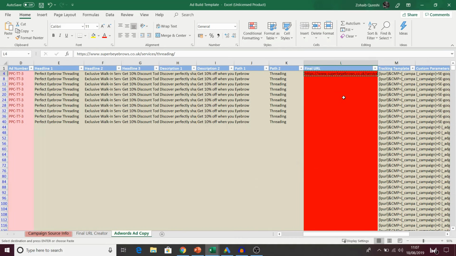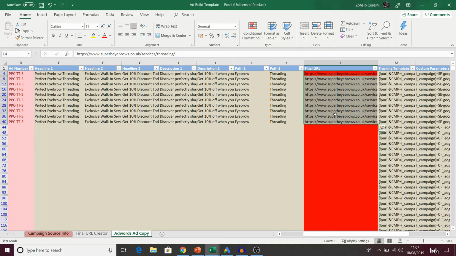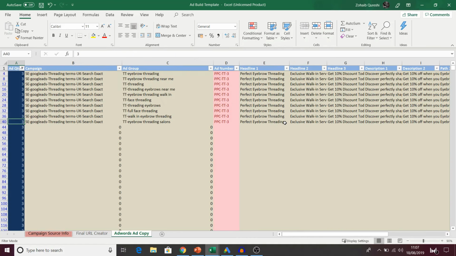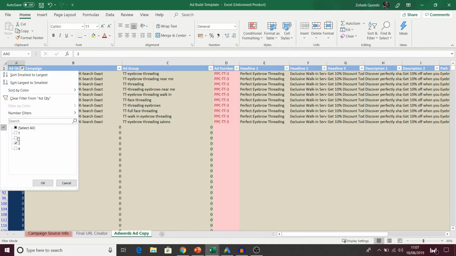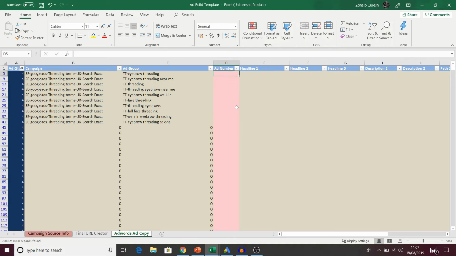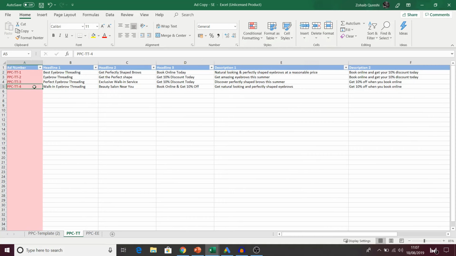There you go. So now I've got the final URL there. Again, select all the ad groups and press Control D to duplicate this final URL across all of the ads. Select ad number 4, press OK, go back, grab your ad number 4,